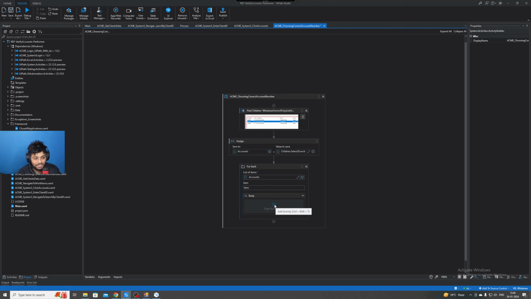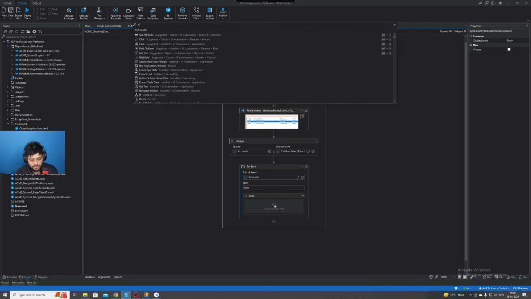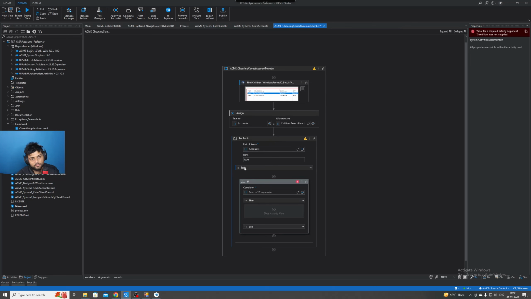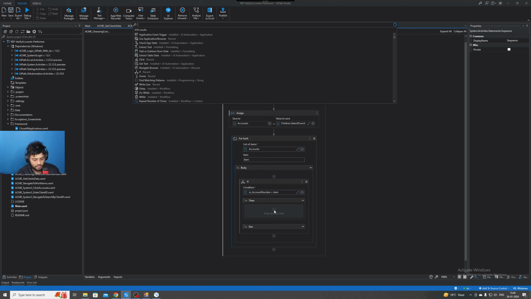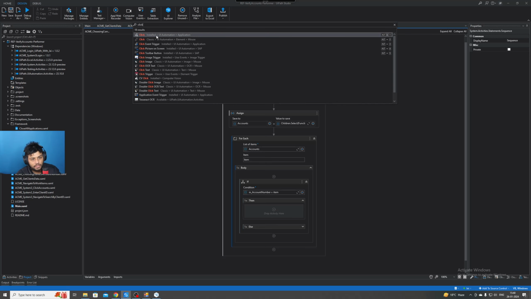For each में वो चेक करेगा and how it will be checking it with the help of an if condition. ठीक है, अब यहाँ पे मैं क्या करूँगा? यहाँ पे मैं करूँगा if my in account number, ठीक है, in account number जो है मेरा is equal to your item. अगर मेरे ये पार्ट आइटम के बराबर है, वो चेक करेगा, तभी वो उसमें क्लिक करेगा, राइट? एंड हमें क्लिक कहाँ पे करना है? क्लिक मुझे करना है,